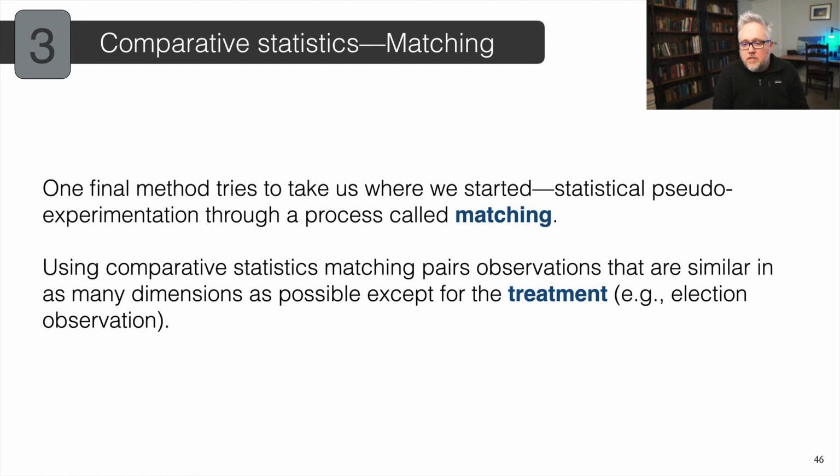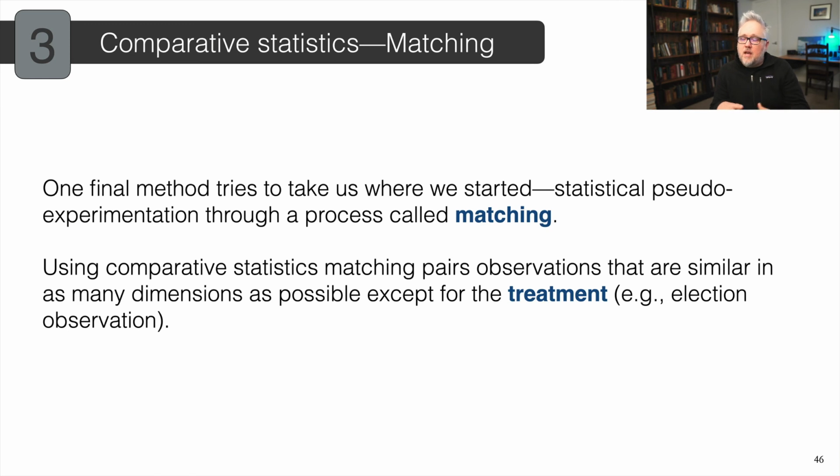except for a treatment. So, given the previous example for election integrity, we would try to match different elections across all those different characteristics I had in that previous slide, except for whether an election was observed by international monitors. And then we run a regression on those matched observations to see whether election observation had an independent effect. So you have a more balanced sample of observations that are almost identical.